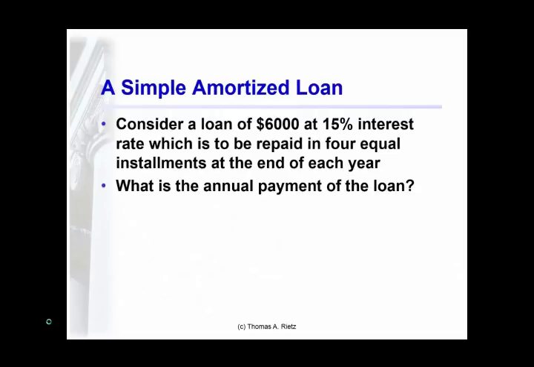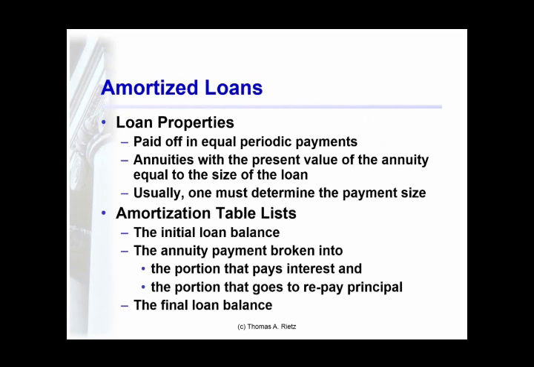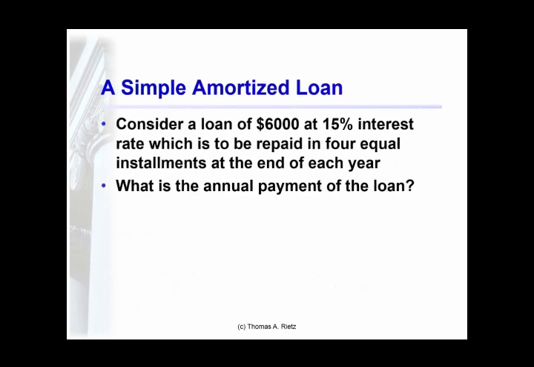So for example, suppose that you took out a $6,000 business loan that you need to repay in equal installments over 4 years at 15% interest. The timeline for this loan would look like this. I borrow $6,000 today and I pay back some amount